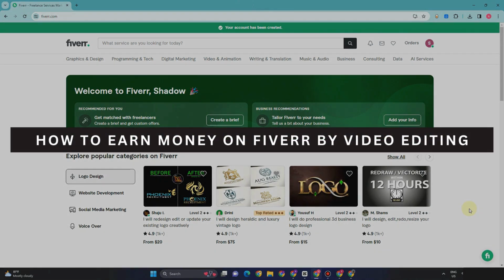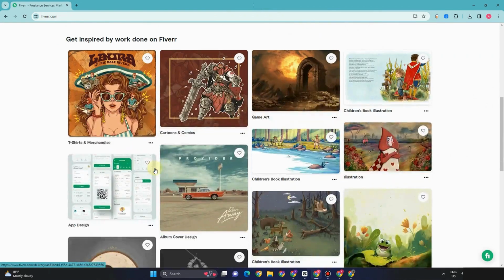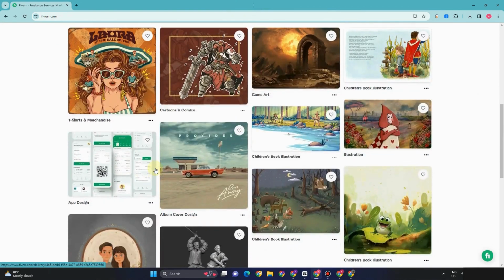How to earn money on Fiverr by video editing. So let's get started. First and foremost, if you want to work as a video editor in Fiverr, you